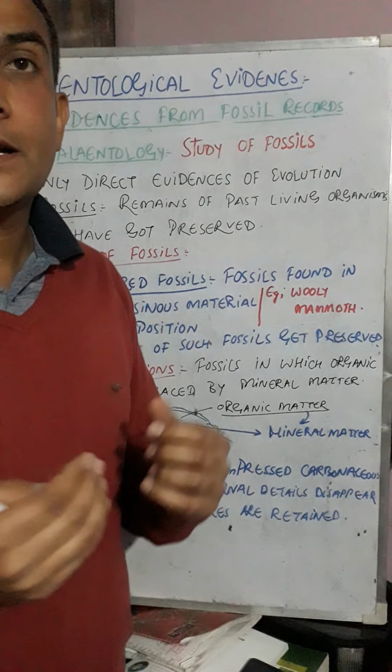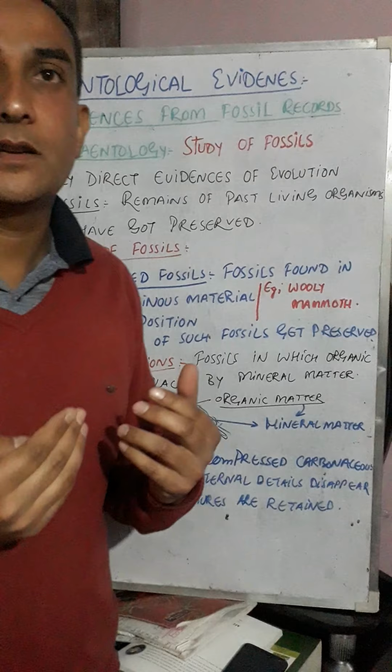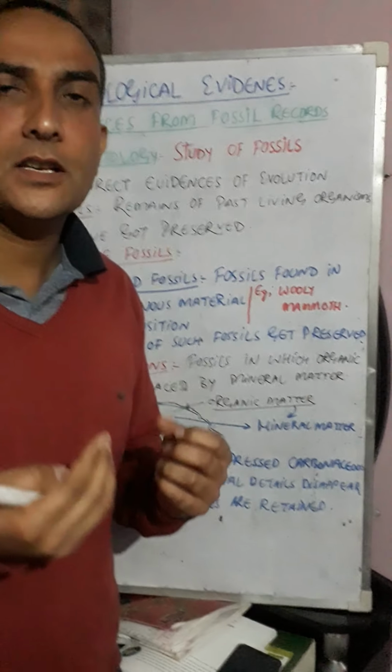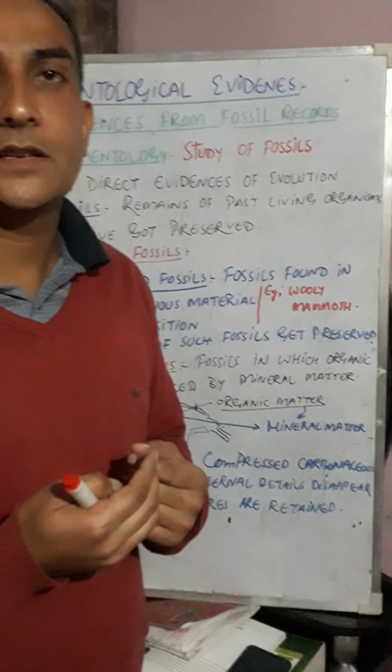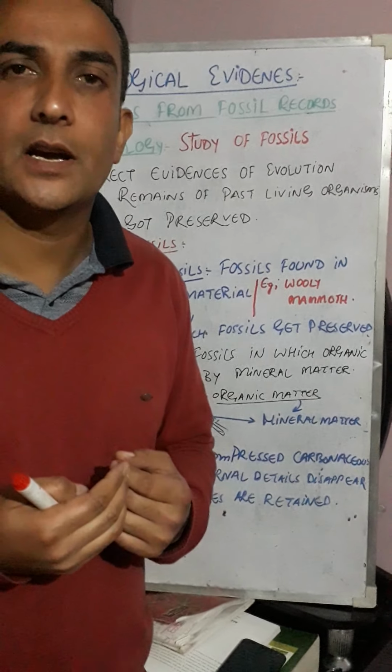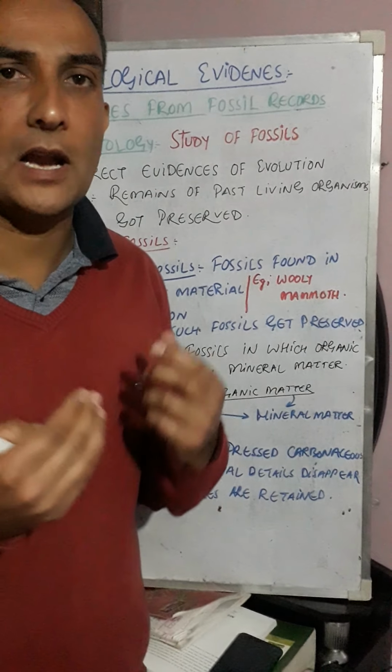We go with another lecture on the evidence of evolution, that's the paleontological evidences in favor of evolution. In the earlier lectures, we tried to understand the morphoanatomical evidences in favor of evolution. Then we studied the embryological evidences in favor of evolution, and now we are going to study the paleontological evidences